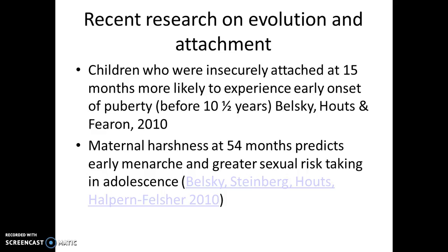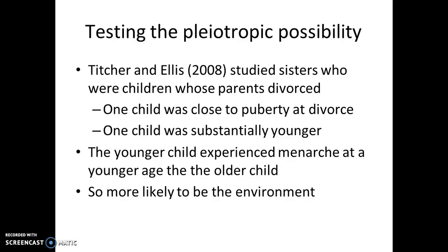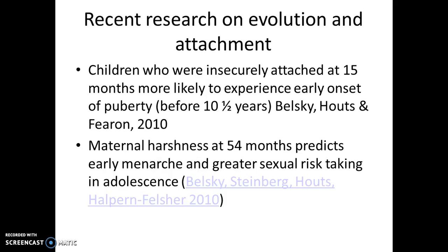Another study measures maternal harshness. Maternal harshness is a questionnaire which mothers fill in, which asks questions like, children should be seen and not heard, or it's okay to beat a child if he's naughty. That kind of poor treatment of children. So the harsher the mother is at 54 months, it predicts early menarche in the child at 36 months. Menarche basically means the time at which the girl has her first period. It also predicts greater sexual risk taking in adolescence. All of this suggests that maternal harshness signals risk, signals low investment in the child, and the child is responding by saying, okay,